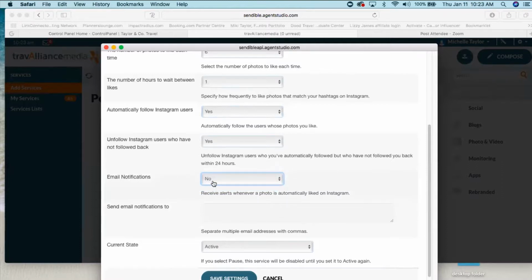And if you do set this to yes, you can put in the email address that you would like to have the notifications sent to. Now, these notifications used to be able to be sent to our priority inbox.